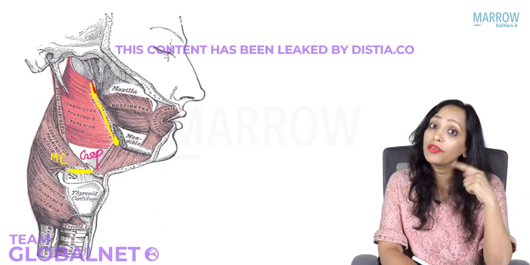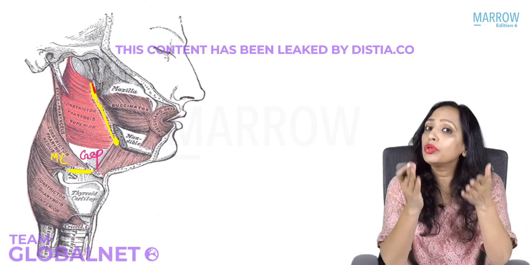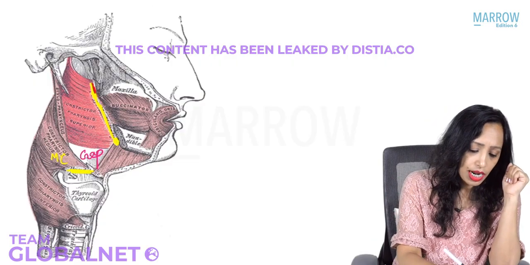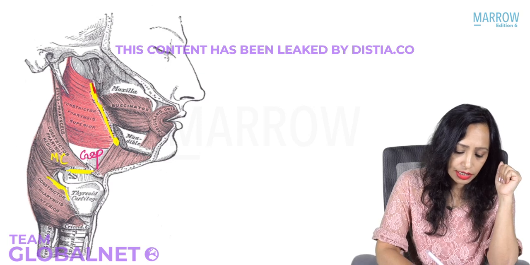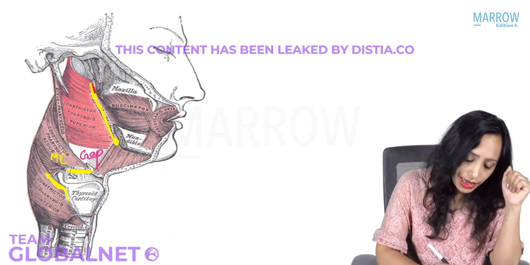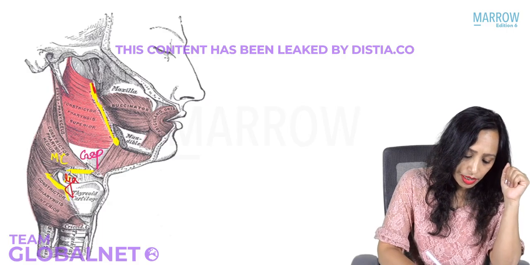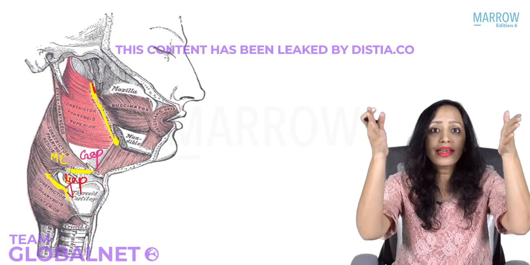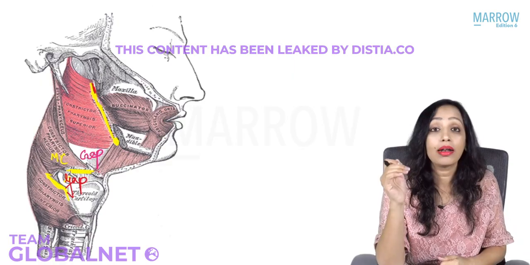So the inferior constrictor should start from the hyoid and go down. No. The inferior constrictor does not start from the hyoid. The inferior constrictor starts from the thyroid. Can you see here? It starts from the thyroid, which means again in between these two there is a gap. Yes, laterally there are gaps between these muscles, and these gaps are important.